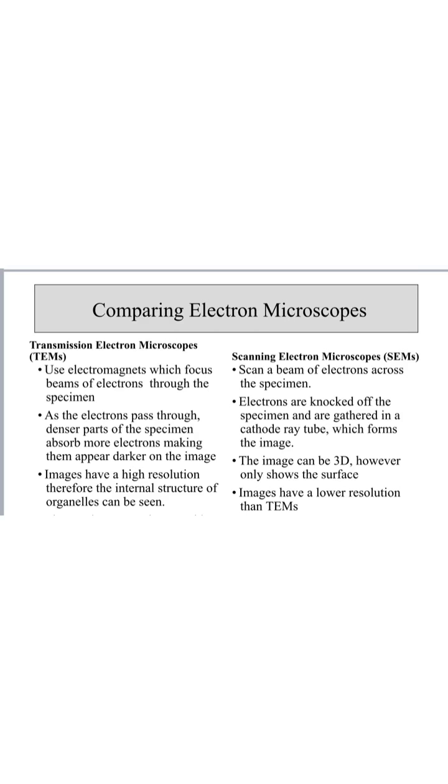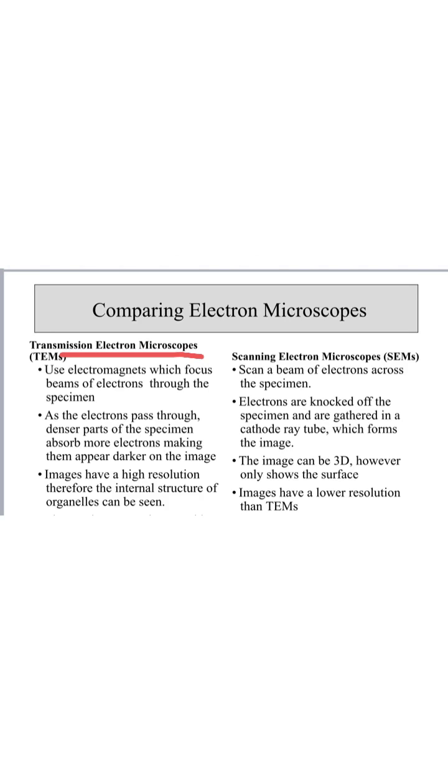There are two types of electron microscopes you have to be aware of. The first type is the transmission electron microscope, or the TEM. Transmission electron microscopes use electromagnets, and these will focus beams of electrons onto and through a specimen. Now, the specimen itself is set in a resin, and that means that when the electrons pass through, what will happen is